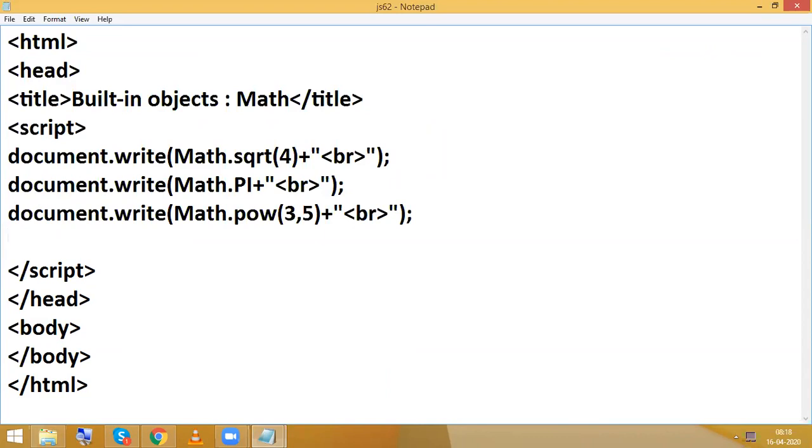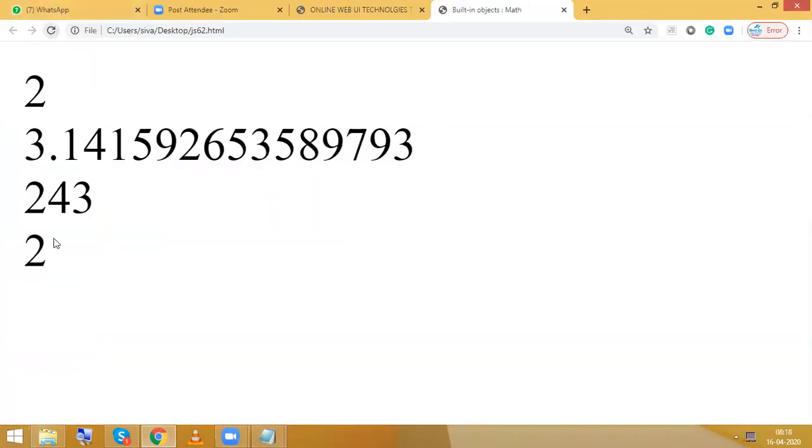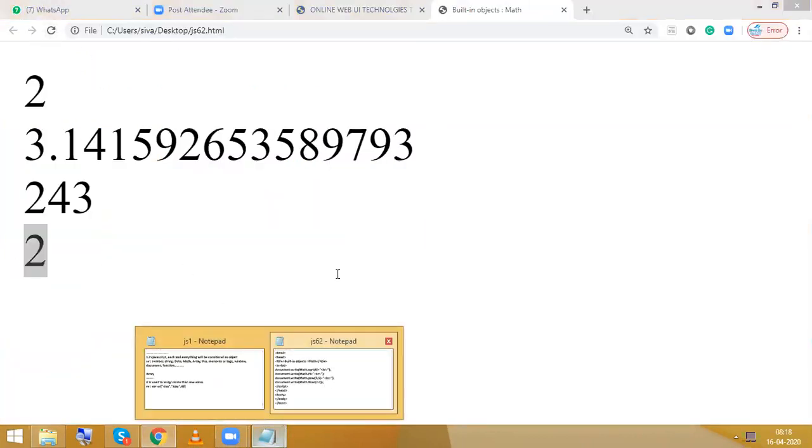So 3 concepts are there: floor, round, ceil. Now I'm going to try that. document.write, Math.floor. Here I am going to give 2.0. Whenever we give 2.0, the result is 2.